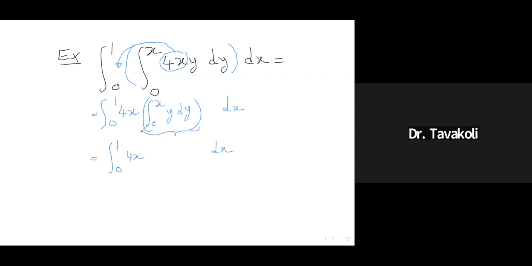Antiderivative of y with respect to y is y squared over 2. And this should be evaluated at the endpoints of the integral. So I will have from 0 to 1 of 4x and dx at the end. So this integral evaluated at x is x squared over 2. And at 0, it is 0. So that's just x squared